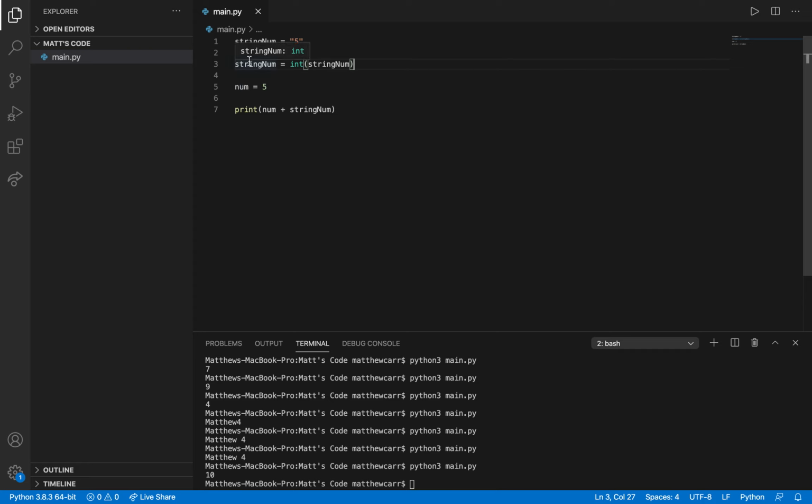You can see the int there is kind of a hint, but above here it says string, and when it gets down to this part, it's integer. So we can just add them like this. Even though it's called string num, which is a misleading variable name, you run that and we get 10.